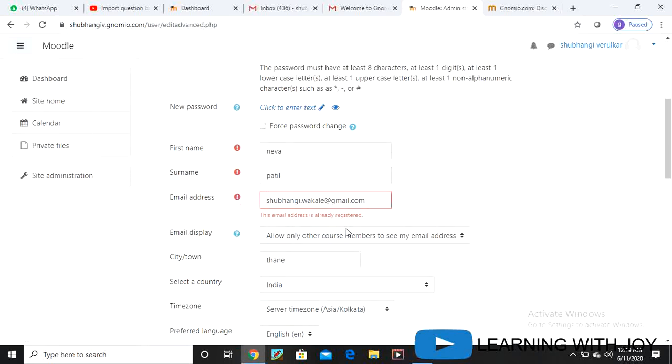So this email ID I have used for another site of Genomio, but it's registered with Genomio, so we cannot use this mail ID.